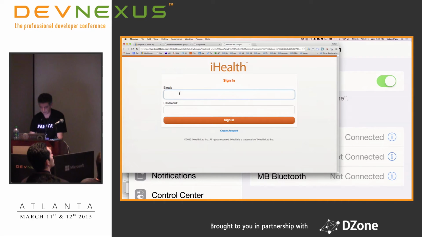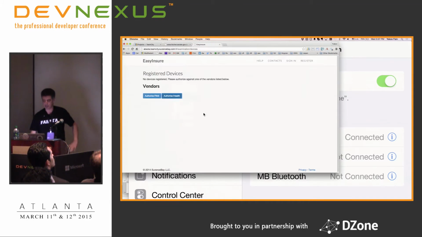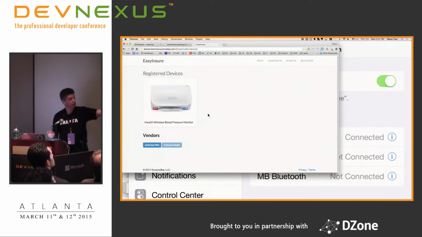I am the owner of this device, of course, so I know the user ID and password. Please pay attention. The authentication part is being done now. A user of the device is supposed to sign in. I signed in successfully to the vendor site over the internet, so this device is authorized.